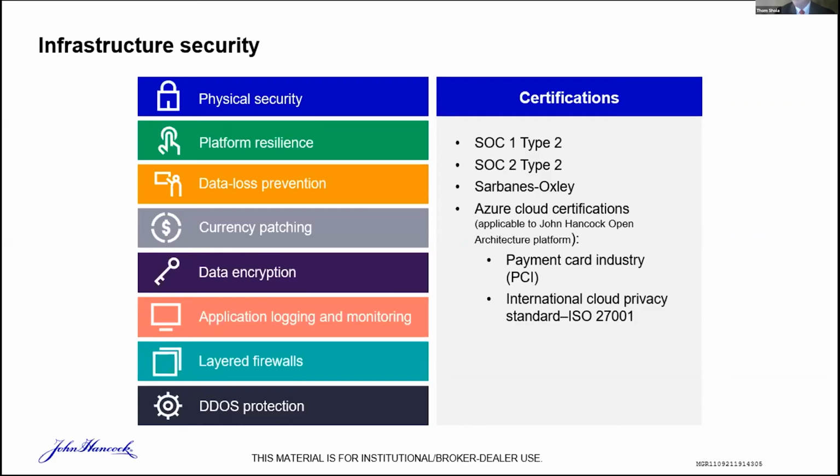Encryption of all the data, making sure that data at rest and in transit is encrypted, layered firewalls for extra protection, and then all of our logging and monitoring. And what logging and monitoring is, and it's really a new kind of concept, is logging to know where people have gone, but also to have rules put in place so that when the logs are gathered, we can determine whether we think that they're suspect or an issue with someone within the networks. The platform resiliency is really to help us maintain the expected customer experience.